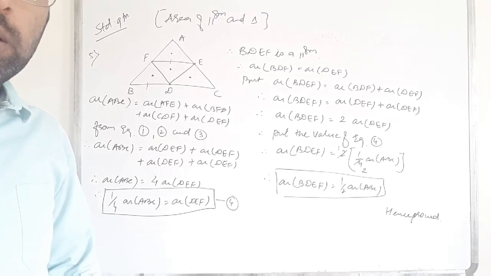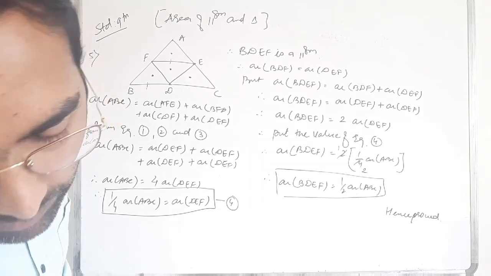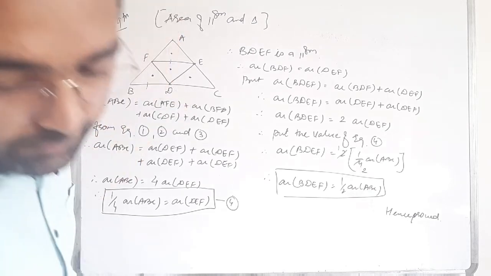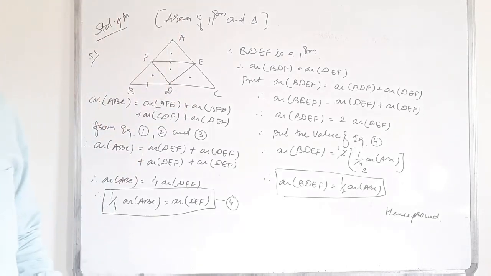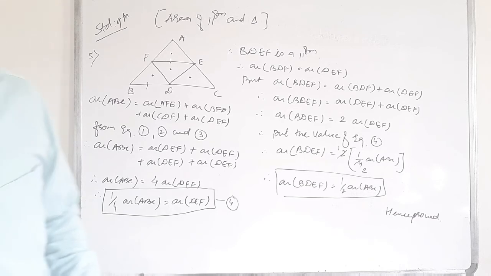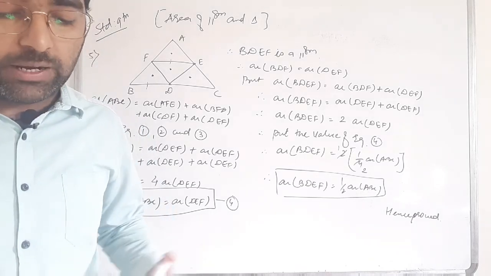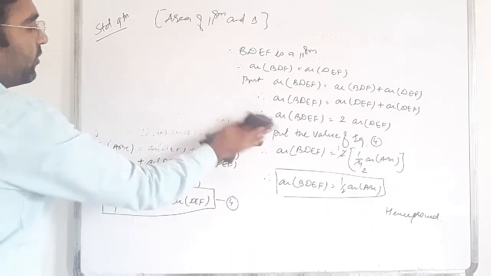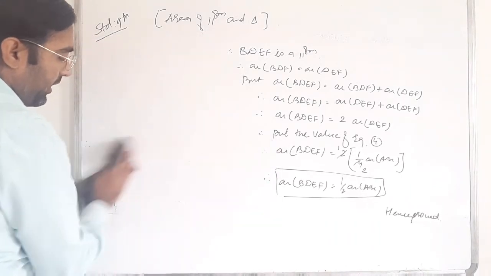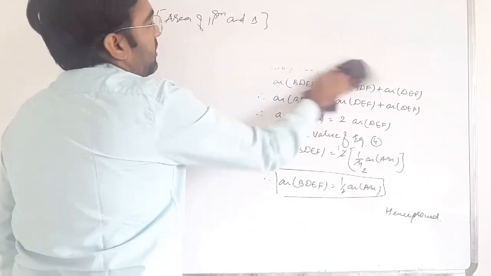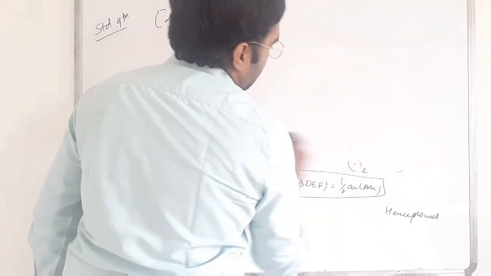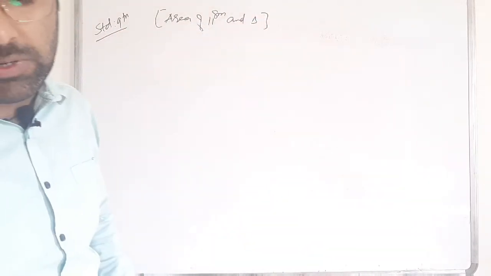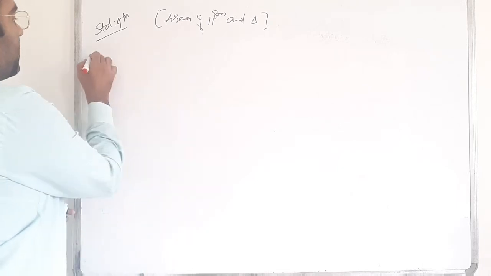Okay, clear? Now we are moving to question number 7 first, because it's a very short question. Because of the lack of time, we are moving to question number 7 first. From the next session we will move to question number 6. First we have to do question number 7 because it is shorter than question number 6.